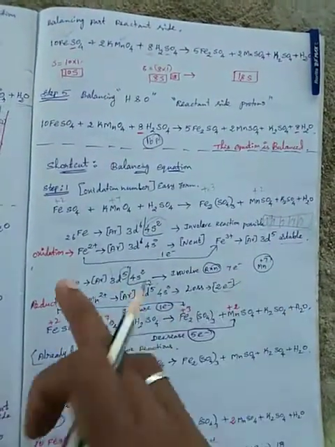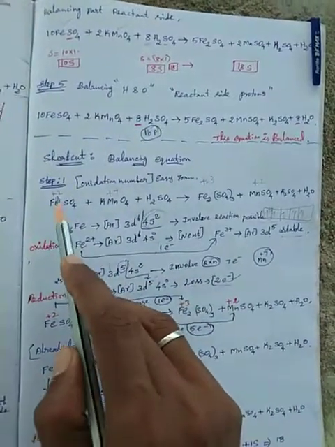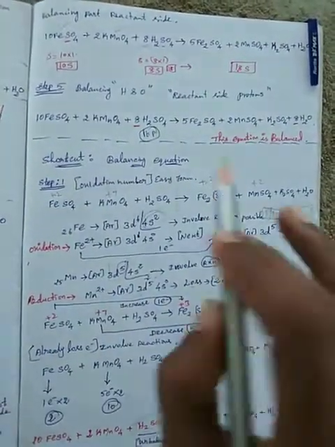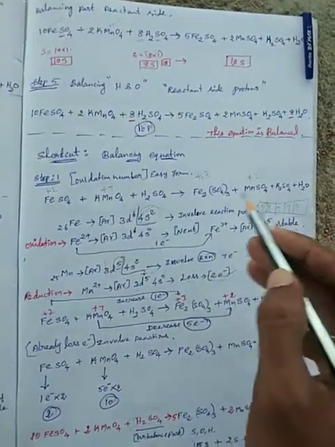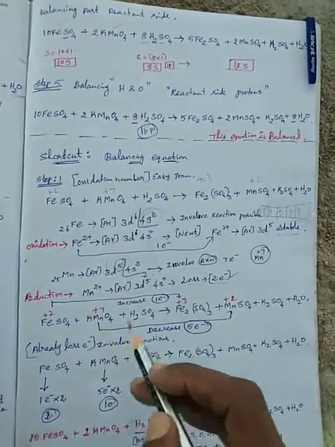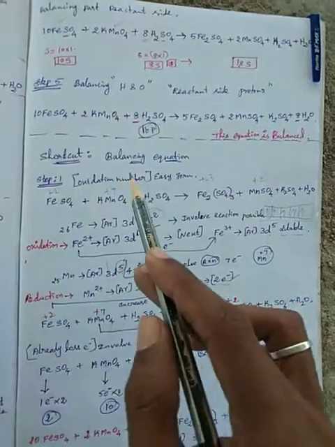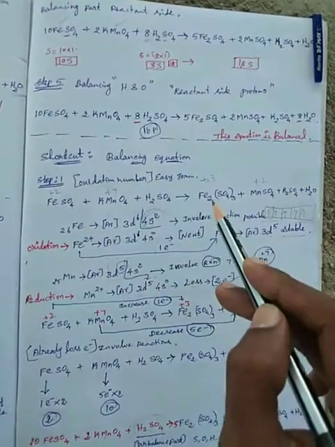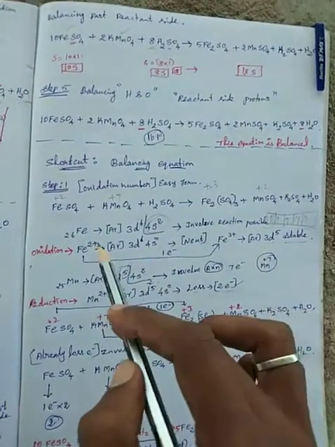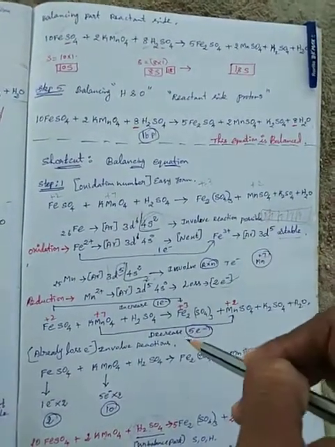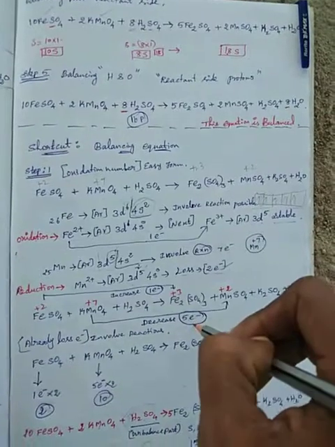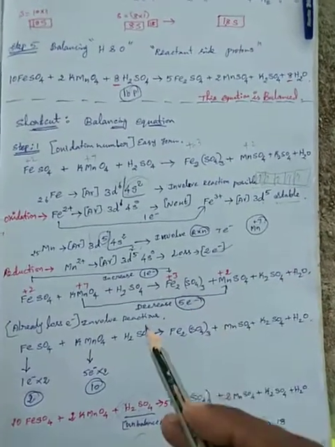So easily write the oxidation number for the outermost electronic configuration. Next, oxidation and reduction are easy to find out: Fe2+ to Fe3+ means oxidation; Mn +7 to +2 is a decrease, so reduction. How many electrons are involved? Fe2+ to Fe3+ is 1 electron lost; Mn +7 to Mn +2, 5 electrons gained, is also a decrease, so 5 electrons are involved, students.